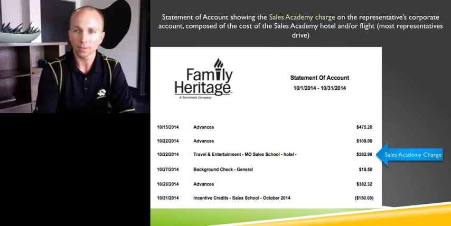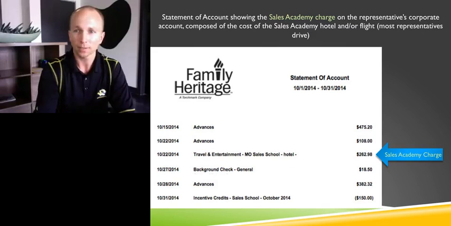But if a representative, from a timing standpoint, needs to fly and they're approved by the sales director, then what Family Heritage does is they put forth the cash and they pay for the hotel, and they put forth the cash and they pay for the flight. But those costs are put on to the new representative's corporate account, and you see that where it says, to the left of the blue arrow, Sales Academy charge,